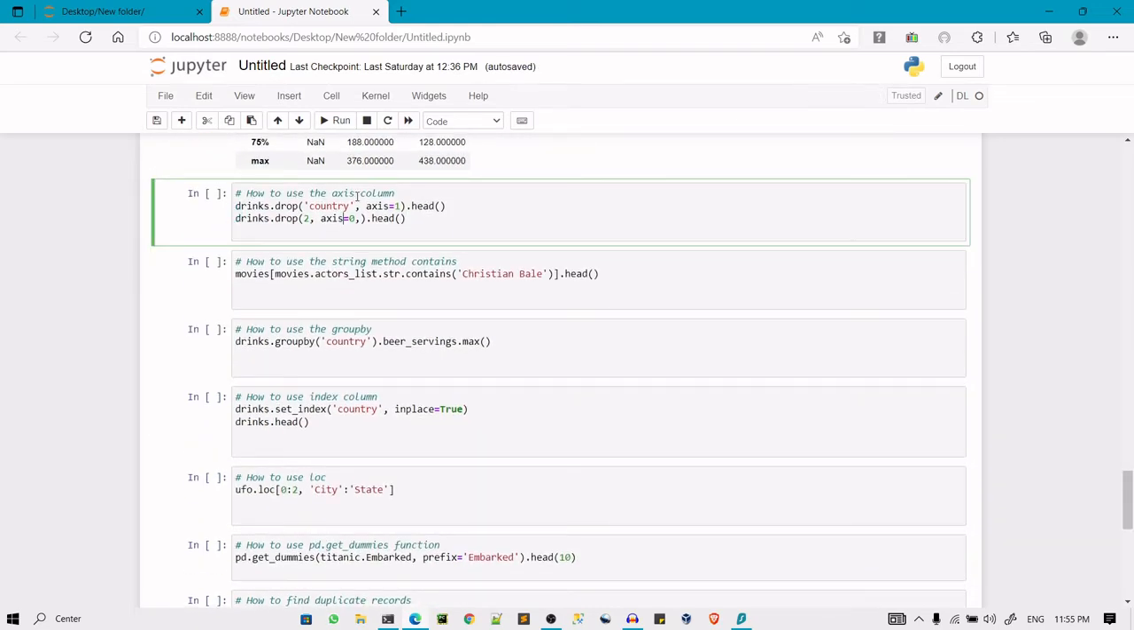Next thing is how to drop a particular column. Basically you have to pass this axis parameter. If you want to drop a particular column, you have to pass this axis as 1, and if you want to drop a particular row, then you use this axis as 0. Okay,